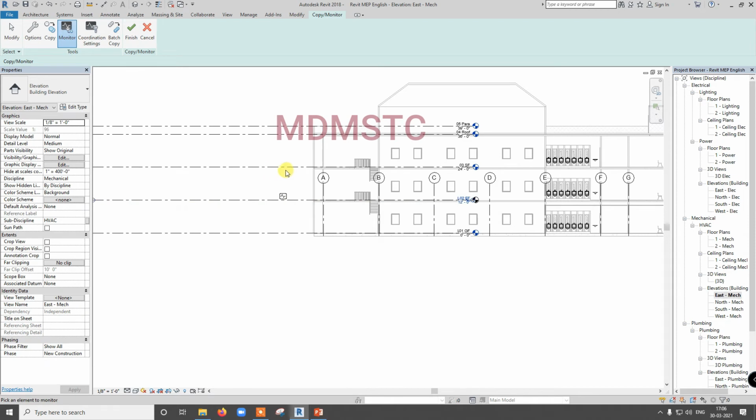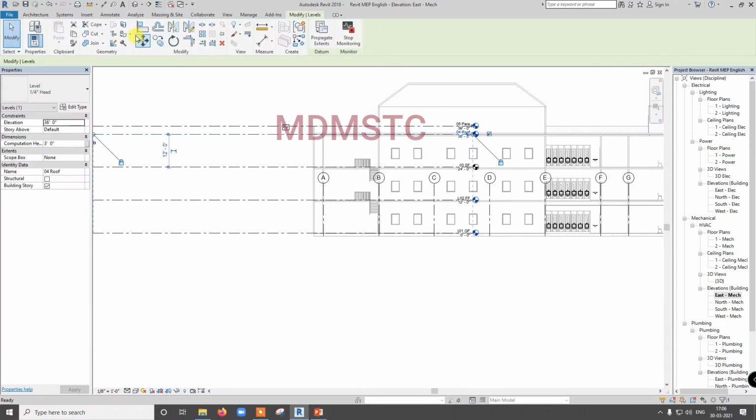Hereafter I cannot do monitor, I just need to do copy. I just copy these two only. We will get one warning message, since it's getting copied. Just ignore this, copy this, and I am not going to copy this item. Just click finish, save.